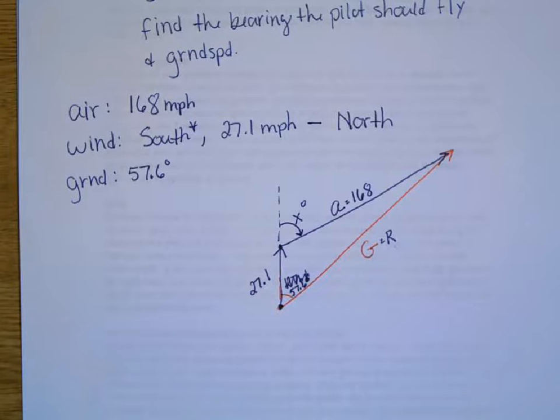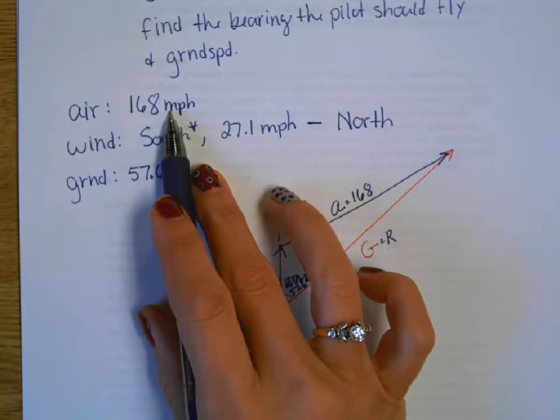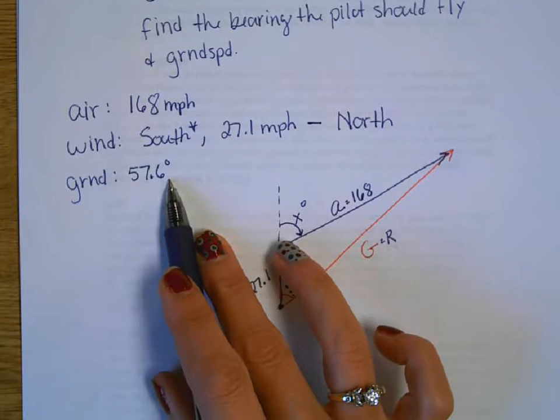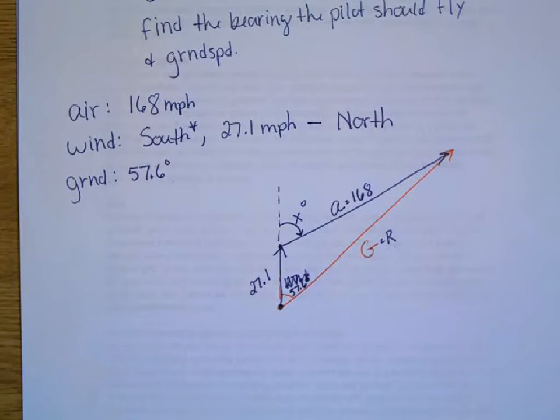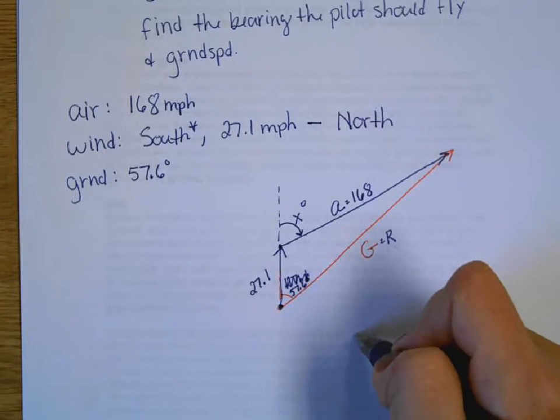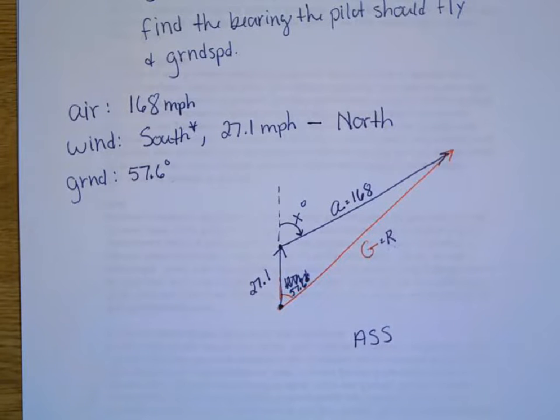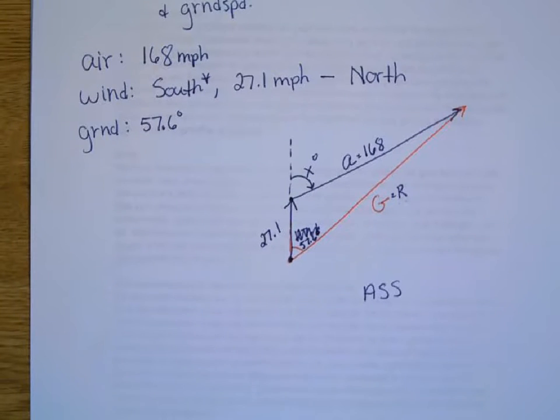All right, so Kenley's already ahead of us. She looked. Don't we already know the bearing the pilot's flying on? No, we only know the speed. We know after the wind has pushed it. Oh, you want the heading: where does she have to head the plane so that the wind pushes her onto that spot she wants to be at? That's what we're looking for. So this is an angle, side, side, which we didn't write because I said it was only going to come up a couple of times. But what we can do is do law of sines